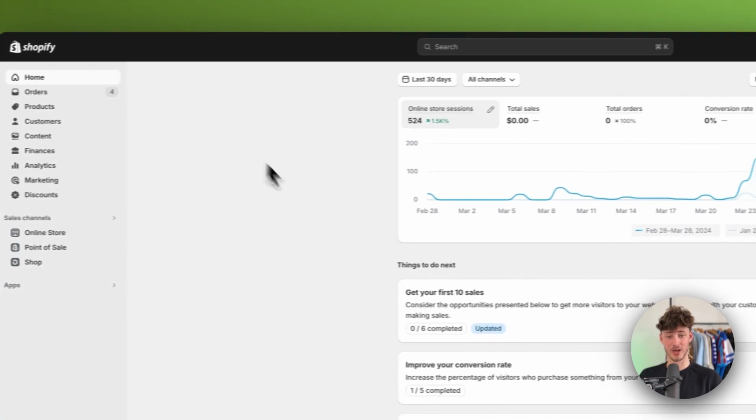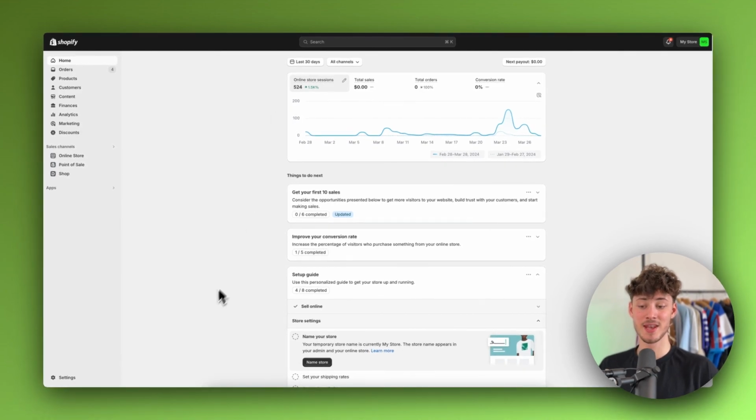To get started, you do want to head over to your Shopify admin panel and then navigate to the settings